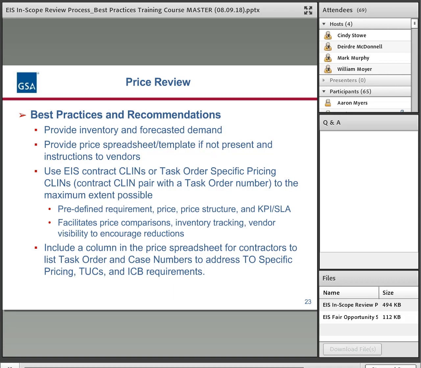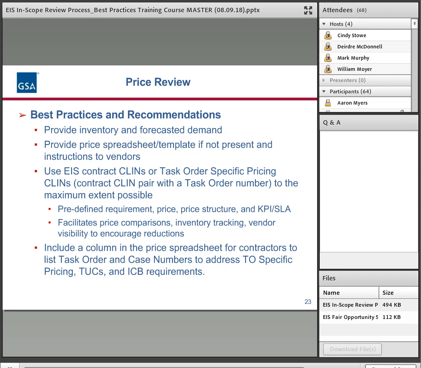Also, we recommend you use either the EIS CLINs or task order specific pricing CLINs. This is where basically any CLIN on the contract, you can associate a task order number with it, and you can get a different, hopefully lower price than what you have on the contract. So that's the most visible way of getting lower prices on the contract. And you can do task order unique CLINs, but there you need to specify your own technical requirements and get your own pricing.